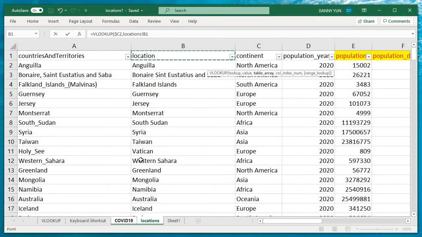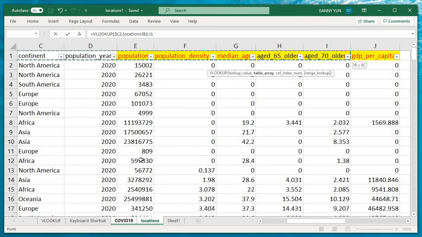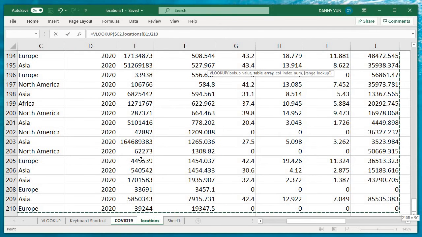and move to the location cell. From here I'm going to use Shift arrow instead of Control Shift arrow because I need to check the column numbers here. So first column, move to the right. Okay, fourth column here, we're going to bring fifth and sixth, and we're going to skip seven and eight, and we're going to bring nine. So now here, hold down Control Shift and down arrow to select the table array, and again we're going to hit F4 to lock both columns and rows, so when we copy down, that table array does not move,